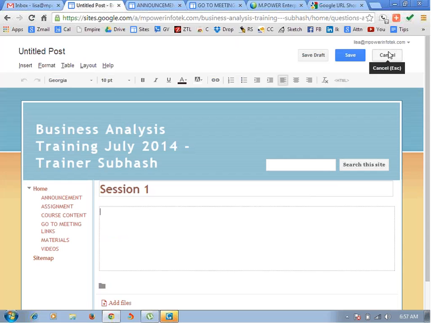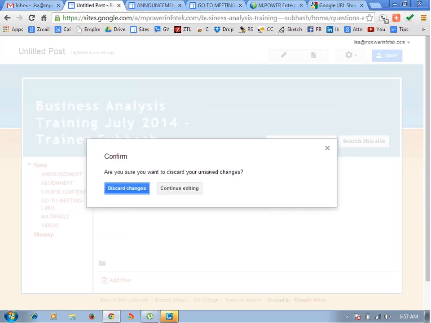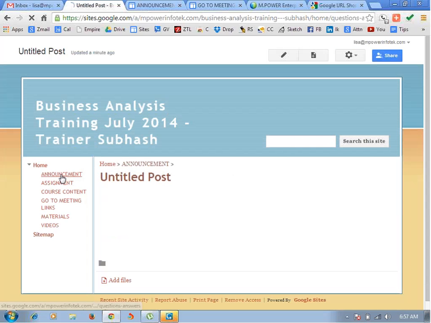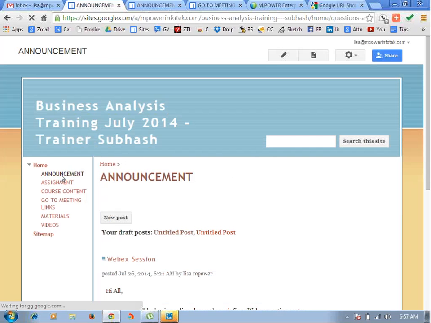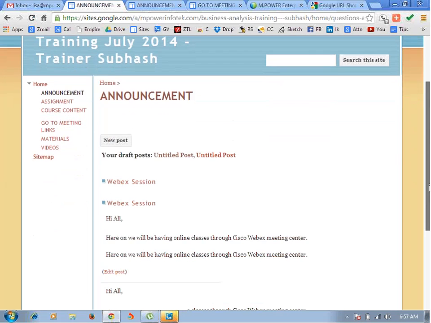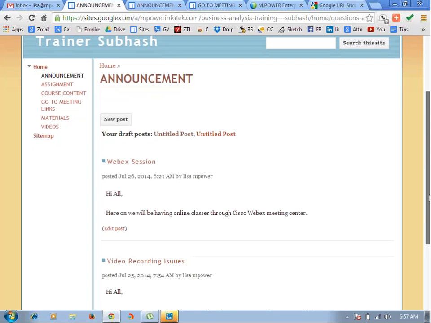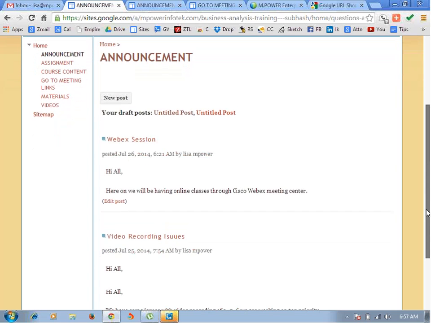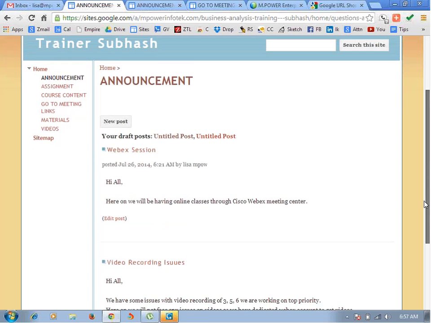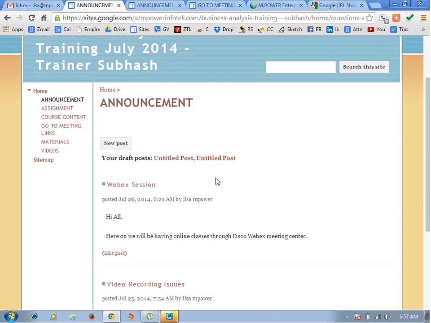Once you click on the save option, you'll get an email notification to your Gmail ID, and in the same way the posting will be done in this particular page. You can see a lot of posting done for the last July batch regarding any questions you have, you can check here. And we have an announcement page